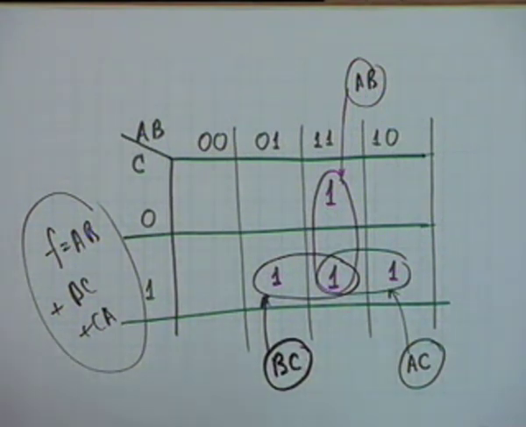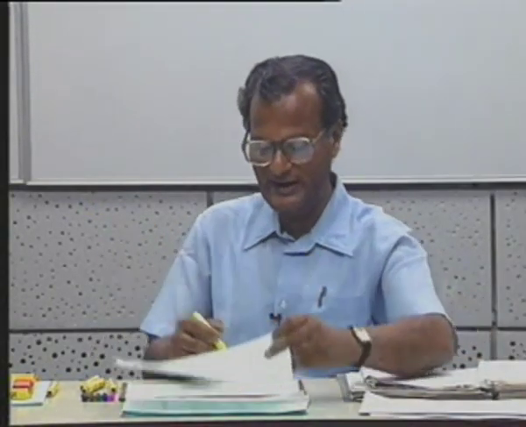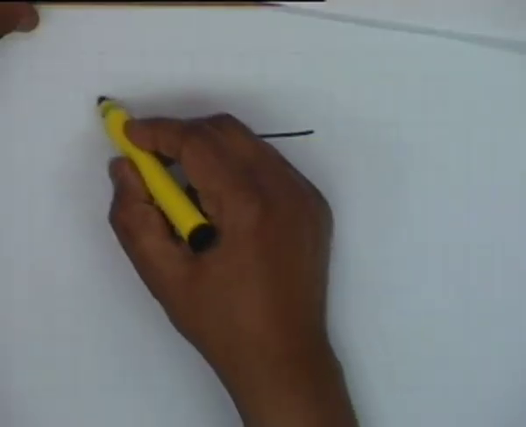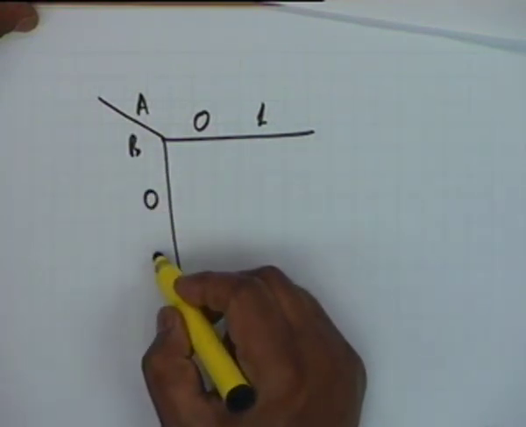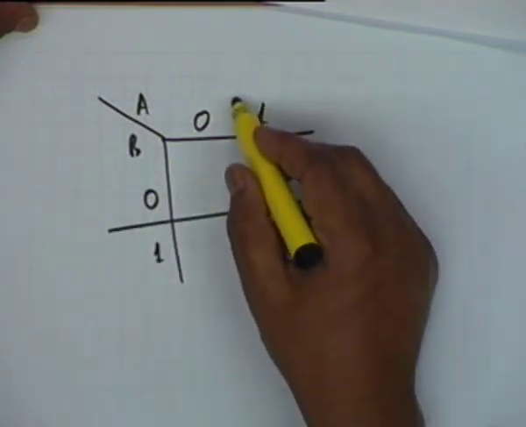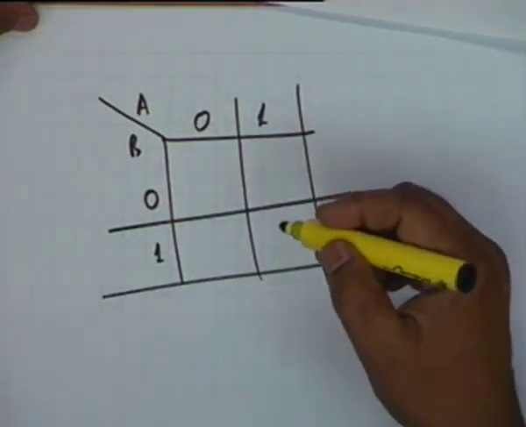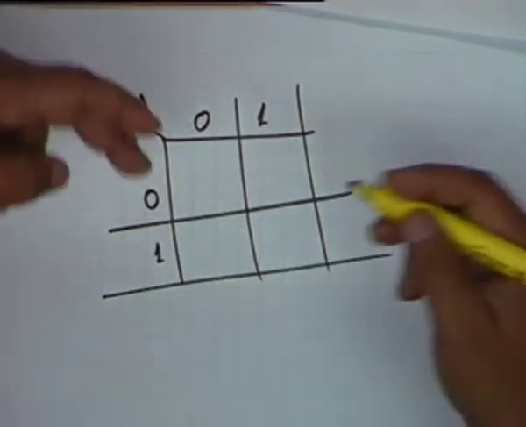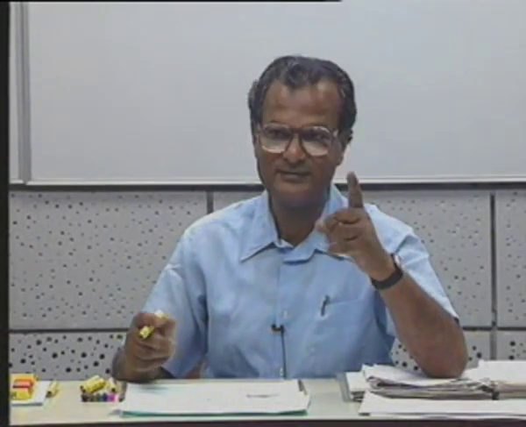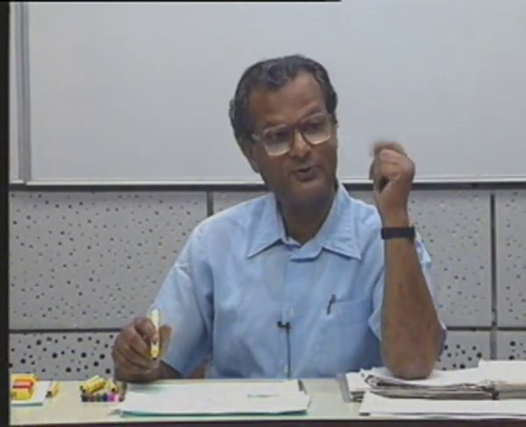One asks the question, suppose you have two variables. If it is two variables, then it's simpler. If it is two variables, then you simply write A on this line 0 1 and B in the vertical 0 1. So you shall have 4 circles like this, and then you find out which ones are 1. Try to pair adjacent ones. If there are no pairs, if there is only one 1, then of course you know what the function is. It's simple.